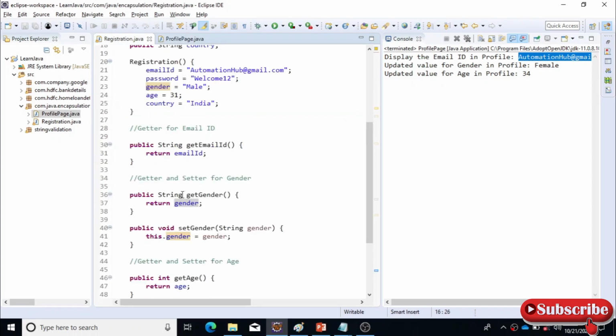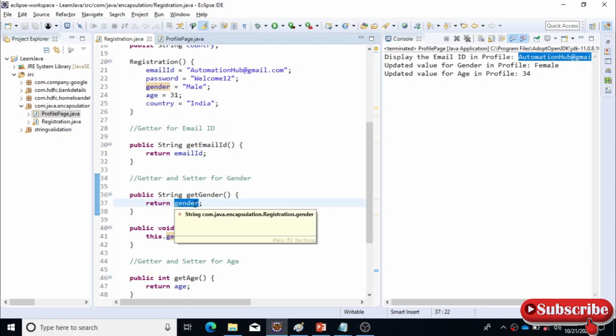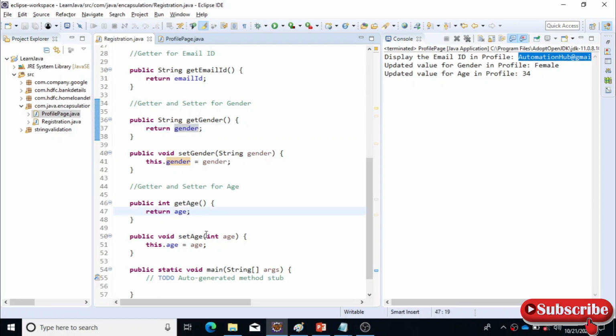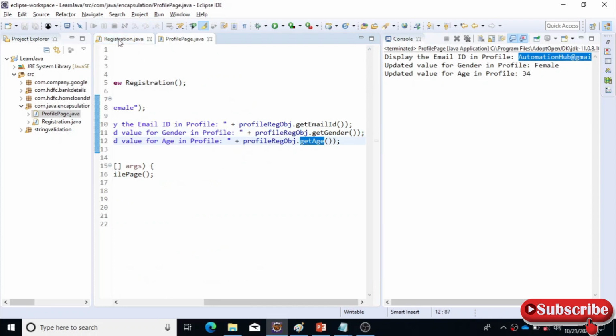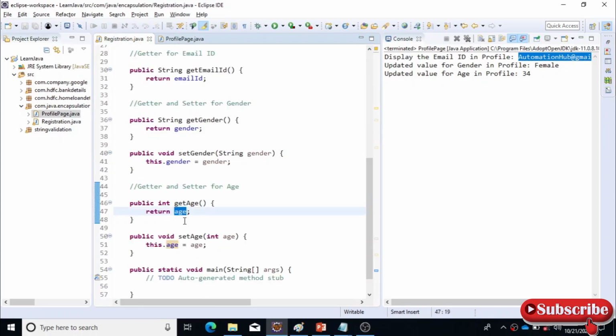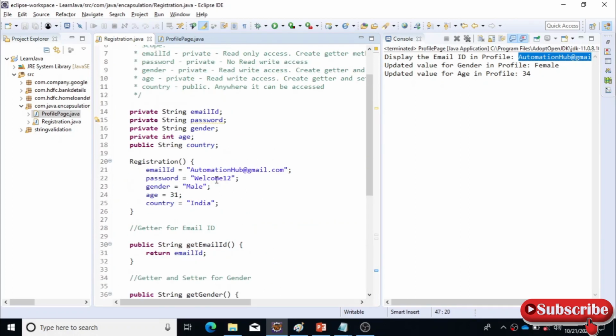So now it will come here, get gender, so the value has been updated as female, so it will return the value as female. Okay, so a similar thing will happen for this age as well. So 34 will get set here, and it will get assigned to this instance variable age, and we are calling the get method now for get age here, and it will return the updated value properly. Okay, so this is how the getters and setters methods work.